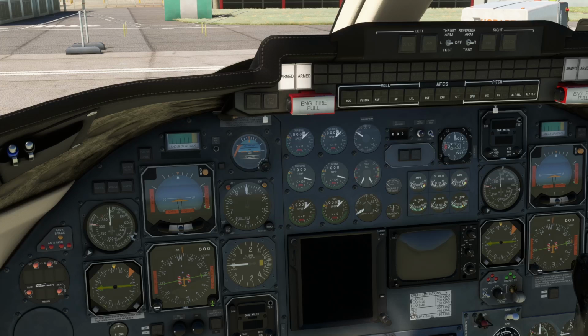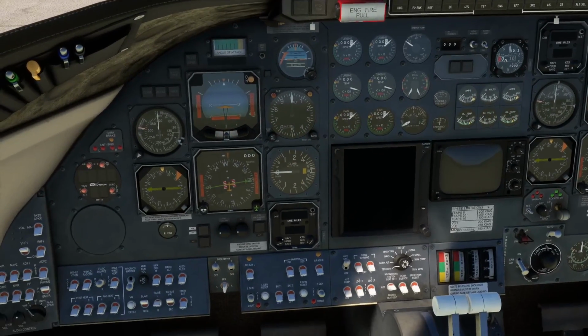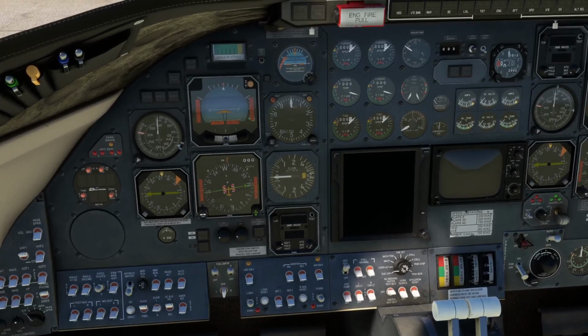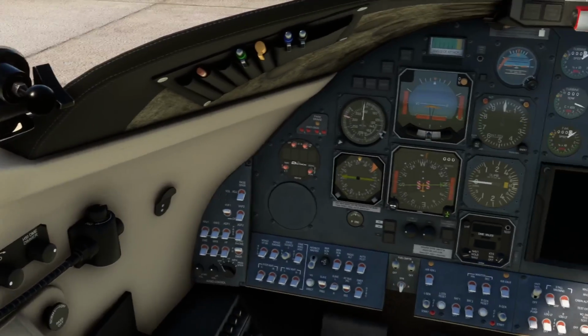So those are all the elements of the system. How do you use it and what do the things look like in practice? Well, first of all, the battery itself will provide electrical power for the aircraft for about 30 minutes, which is normally sufficient for all ground operations. But if you're going to be on the ground for an extended period of time, then you will want to use a ground power unit,